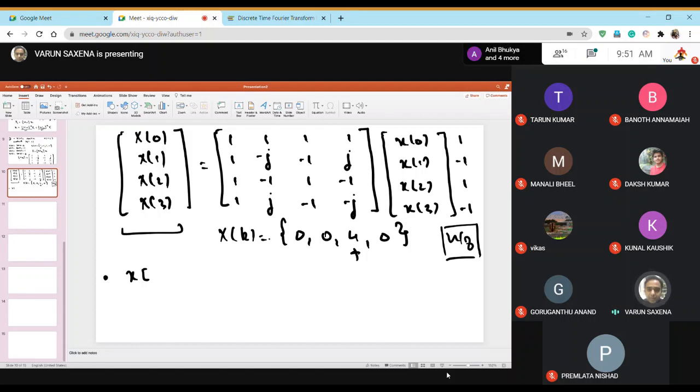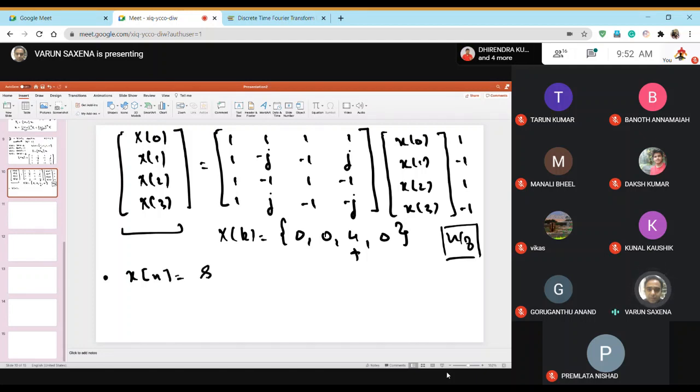But yeah, you can very easily generate a computer program to evaluate the twiddle matrix. You just have to fill the elements of the matrix. You give a formula and the computer is going to evaluate all those elements, and on a computer this becomes easy. But if you have to solve it by hand, then I think anything above 4 is going to be difficult. So just for argument's sake, I'm telling you this.